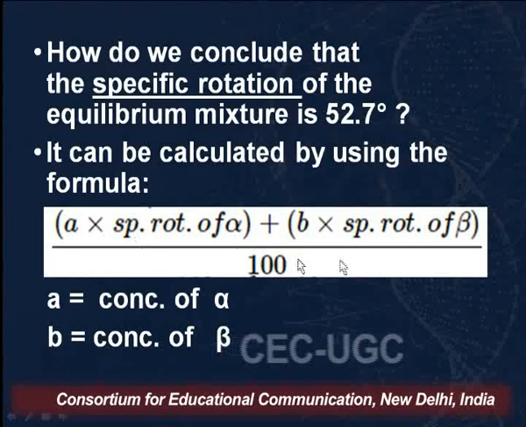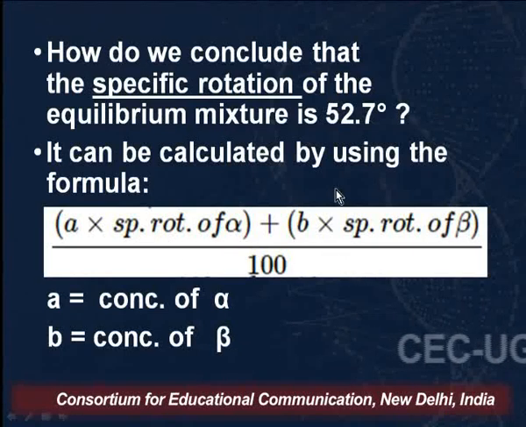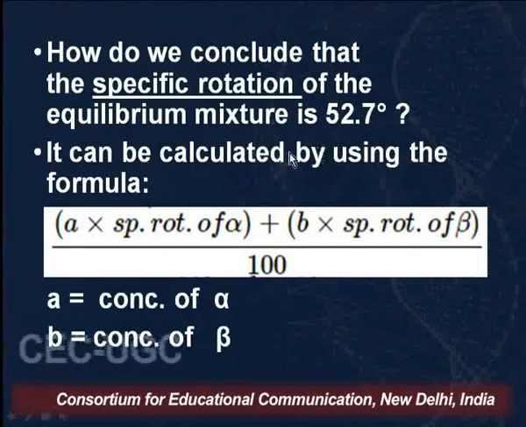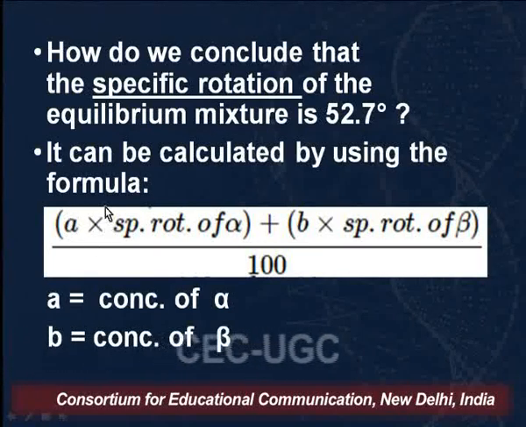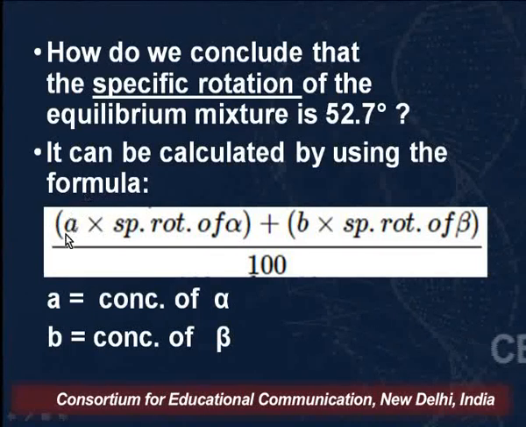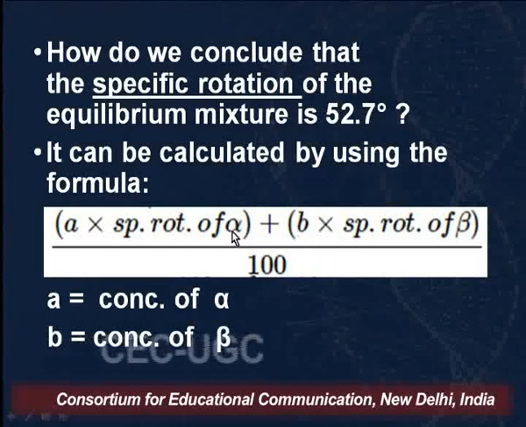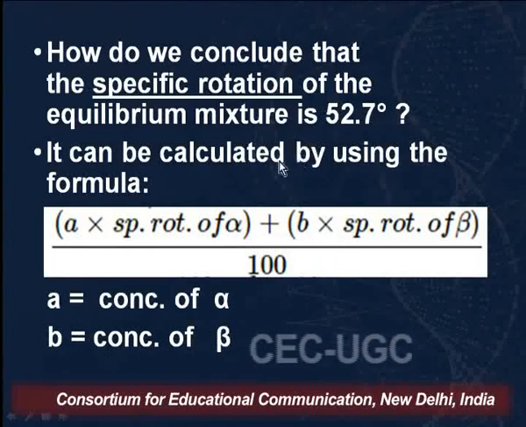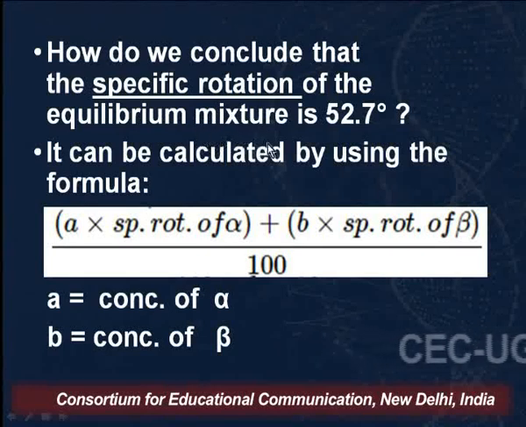Then we get the specific rotation of the equilibrium mixture. Supposing the concentration of alpha is 36 and that of beta is 64, we find that the specific rotation of the equilibrium mixture is